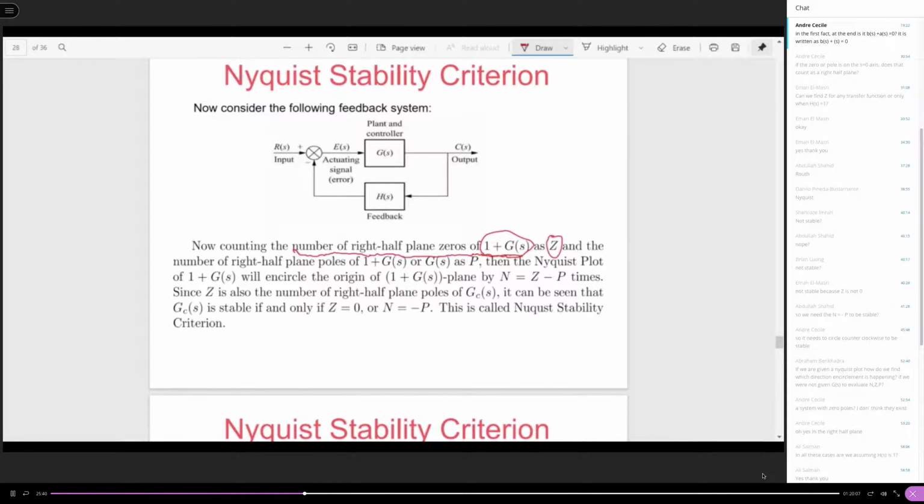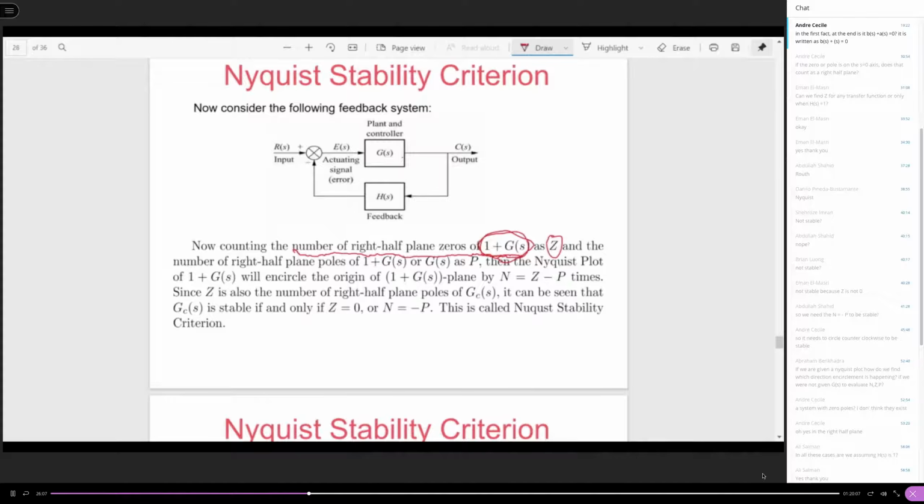So is this Nyquist plot of 1 plus G(s) available? Yes, of course. Why? Because G(s) is the open loop system, and the open loop system is something that we know. So you can definitely draw the Nyquist plot of 1 plus G(s), right? Then, if you have this expression for 1 plus G(s),